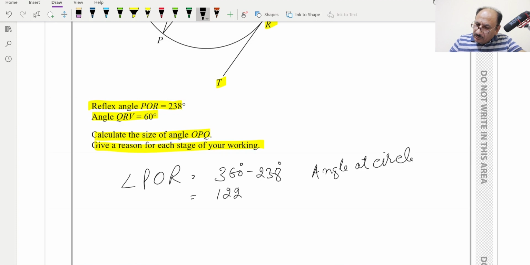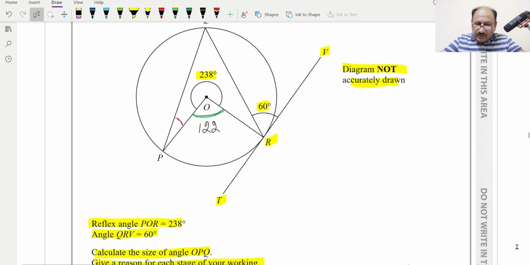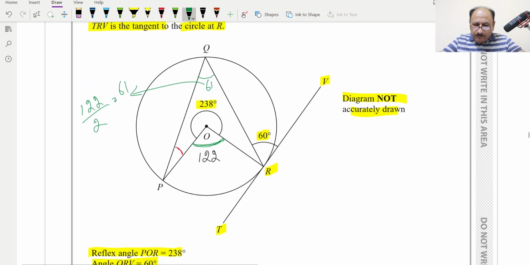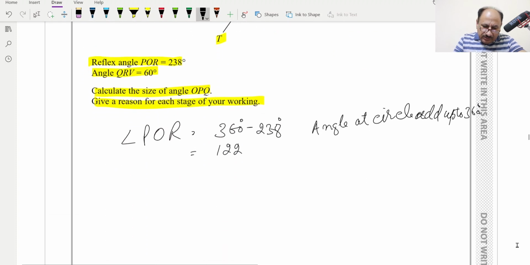Add up to 360 degrees. Now this is done, and we can write this angle. This angle will be 122 over 2, which is equal to 61. So this angle will be 61. So angle PQR is equal to 122 over 2, which is equal to 61